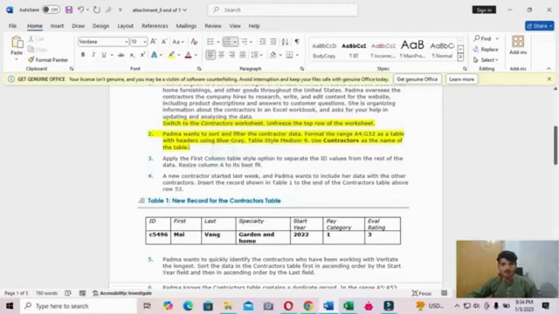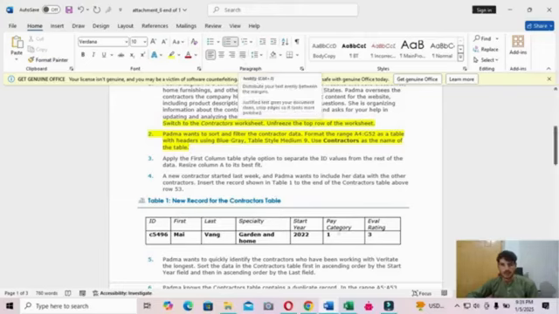Padma wants to sort and filter the contractor data. Format the range A4 up to G52 as a table with a header using the Blue Gray Table Style Medium 9. Use Contractor as the name of the table.